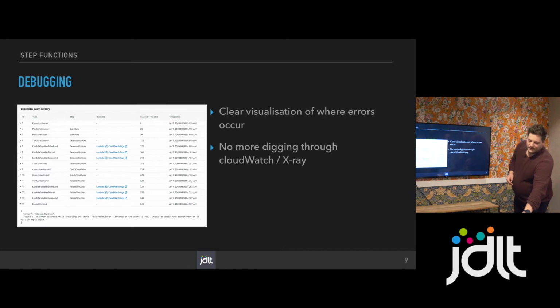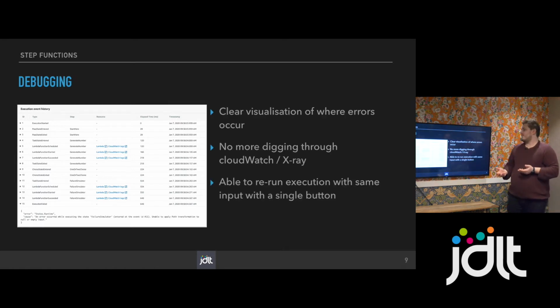In a similar vein, when you come to debugging, you get this log, which shows you basically each single step. I've started the step, done a step, this is the output of the step. If there's a failure, again, you see it right there. You see which step you're in. If it's, for example, a Lambda function, there's some nice easy links to click to go right to the relevant logs. You're also able to rerun every single execution with the same input, which can be extremely useful